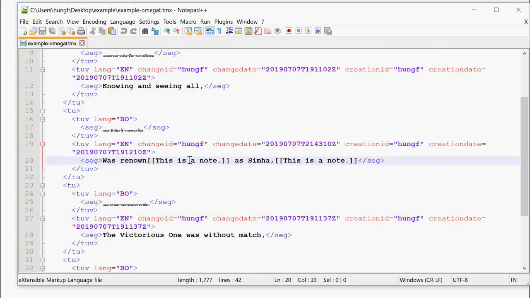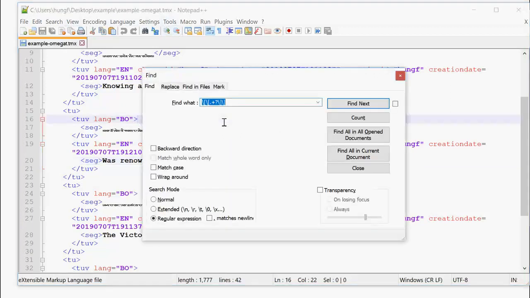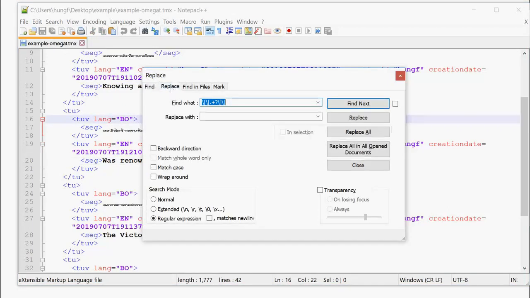But we want to remove these double square brackets, and we want to remove all the content inside them and leave everything else untouched. So to do that, we're going to press Control F to open a search dialog, and we'll click on the Replace tab, and then we're going to search for